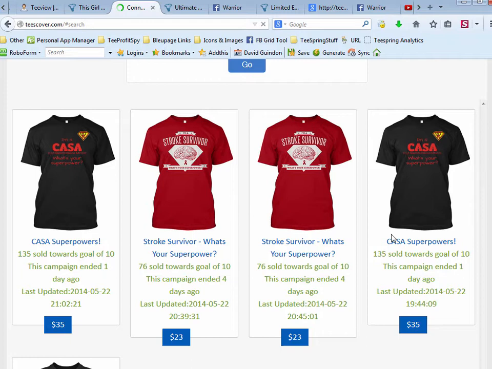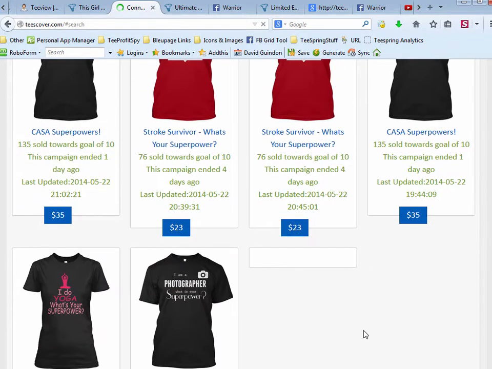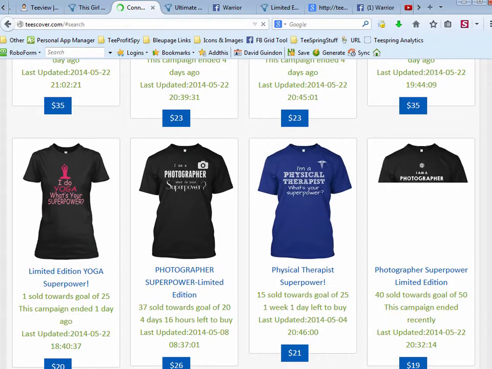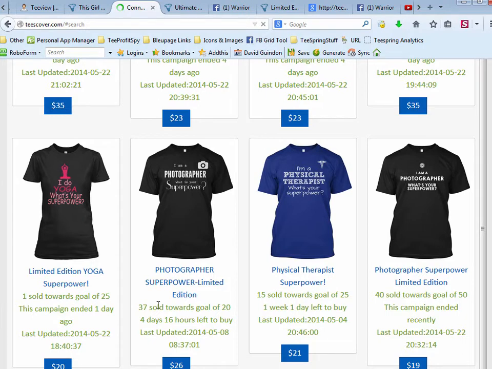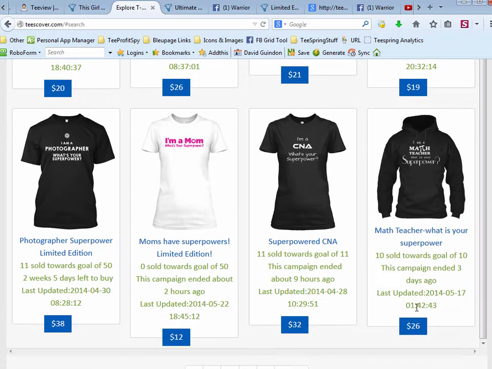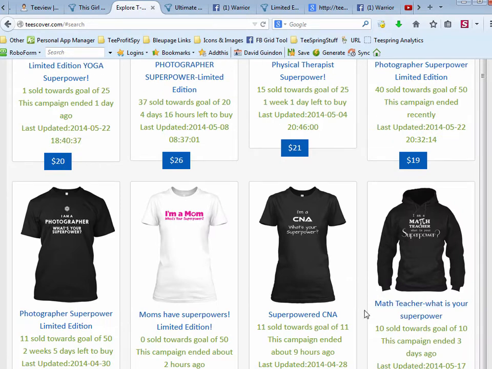Stroke survivor. What's your superpower? I do yoga. What's your superpower? A photographer. That one looks like it's tipped over. I've seen this one a couple times. A physical therapist. What's your superpower? So I really like their search feature in here too. It gives you an idea to